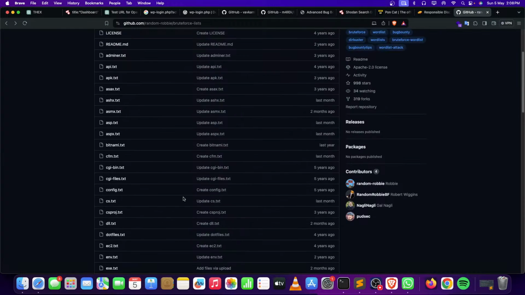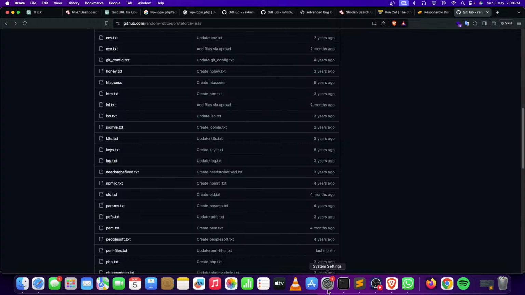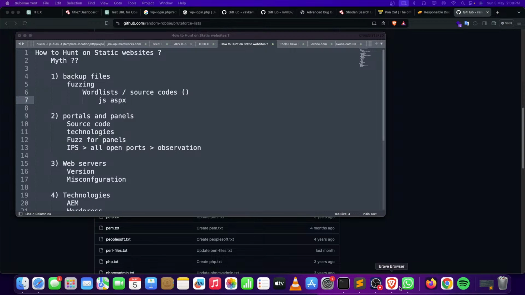In my case, I will usually combine all of these into a single word list file and then use it in my tools, because that will give a proper execution of it. Anyway, now we found the JS files, and we have the word list that we will use. You can also use